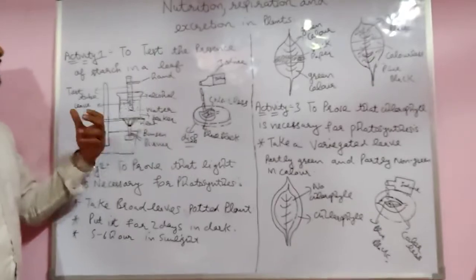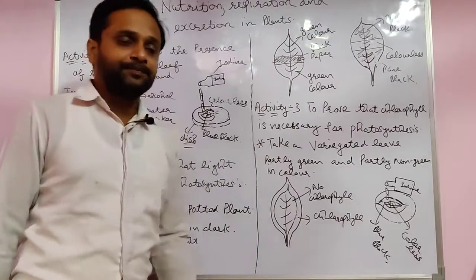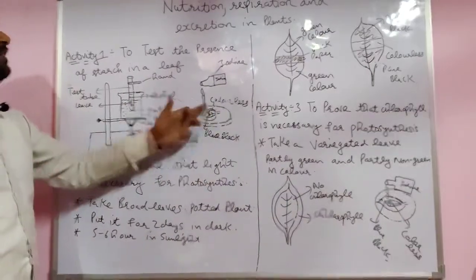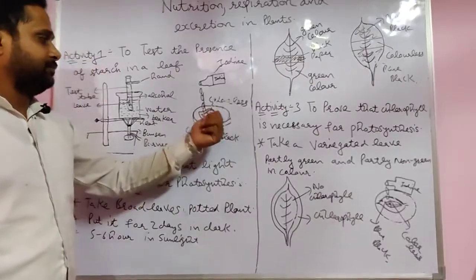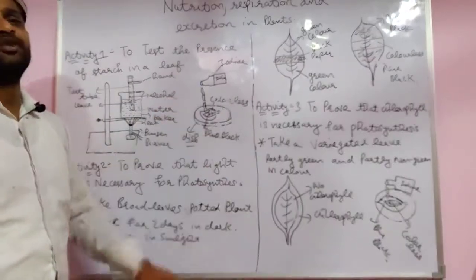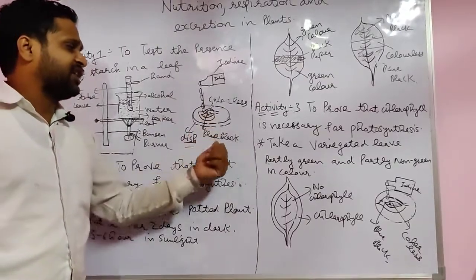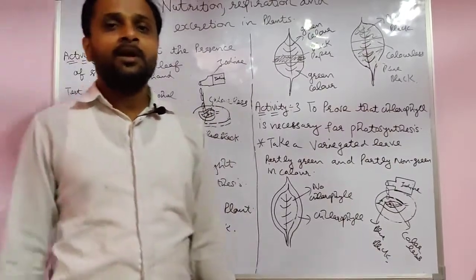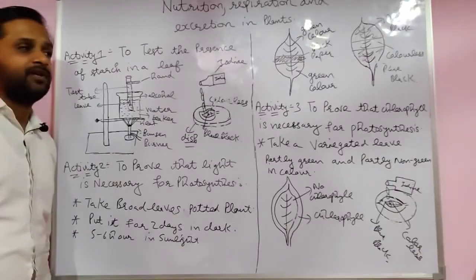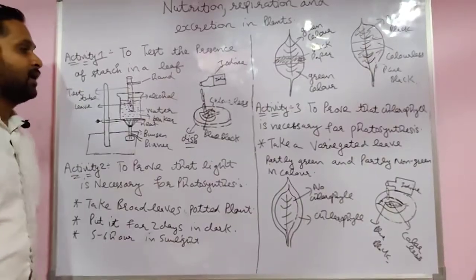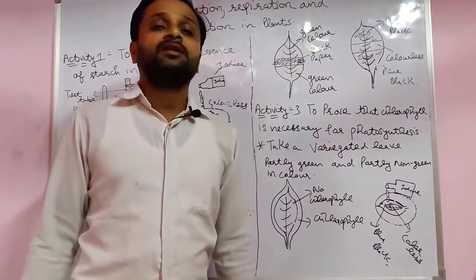What happens when you boil? When you boil, the chlorophyll comes out of the leaf into the liquid. Then take the leaf into a china dish, any dish, a petri dish. Now the starch is present in the leaf. When you put iodine solution on it, the color changes into blue-black. When you boil it, it becomes colorless because all the chlorophyll goes into the alcohol and dissolves in the alcohol. So when iodine changes color to blue-black, it means starch is present.